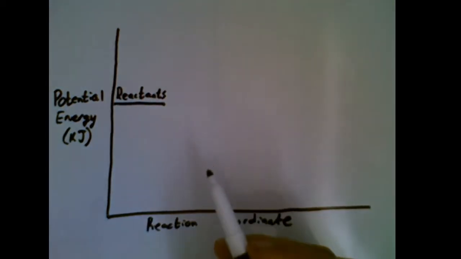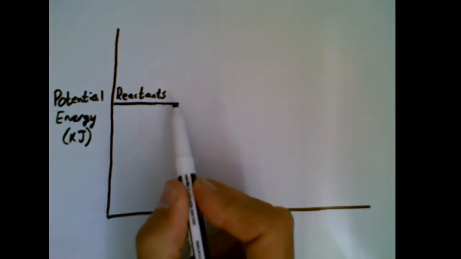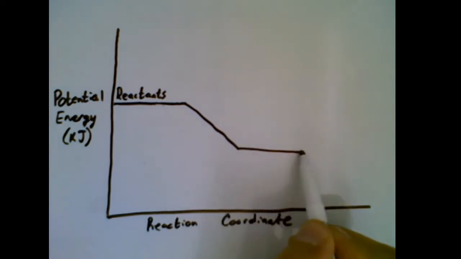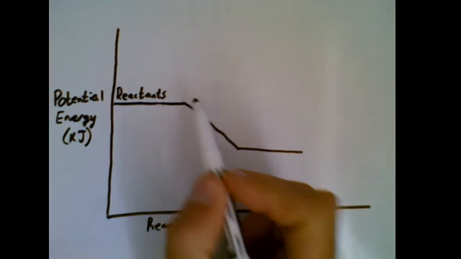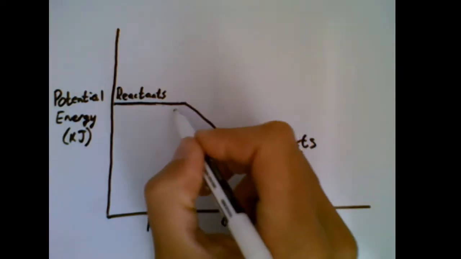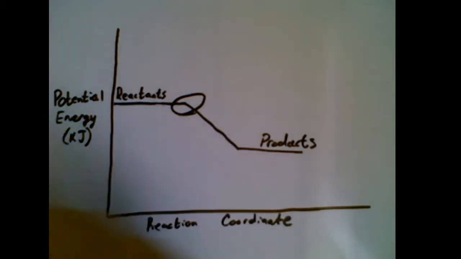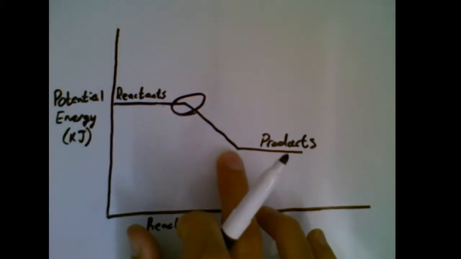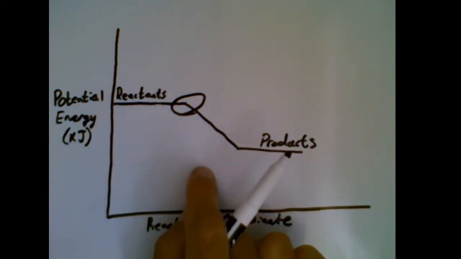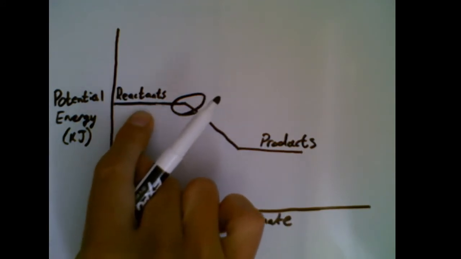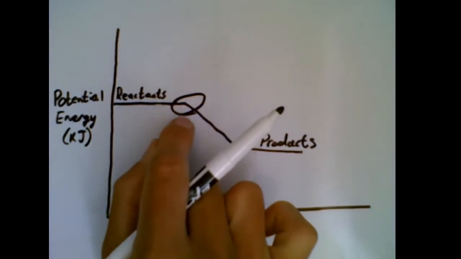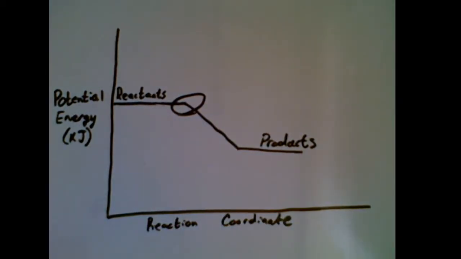Now, over the course of the reaction, you may think, okay, the reactants are just going to go along, and then they're going to change into products like this. But if you do this, and your products end up over here, then what stopped them from just turning into that in the first place? If this is the way that reaction mechanisms looked, then you could walk through a hallway and you would react with the air as you walked and you would just disappear before you got to the end of the hallway. We know that doesn't happen, so we know that there is actually something preventing this reaction from taking place